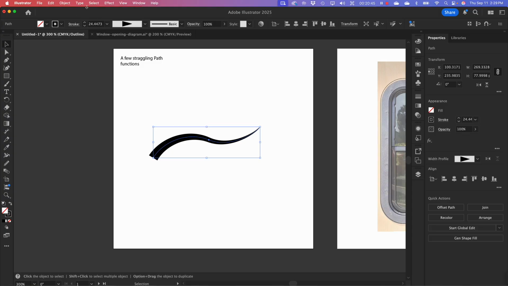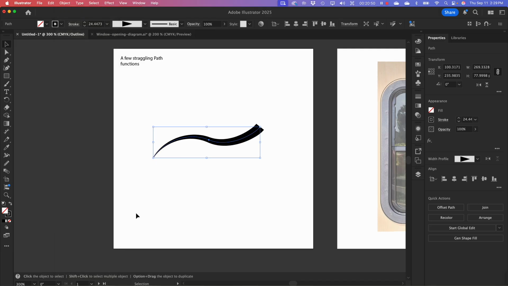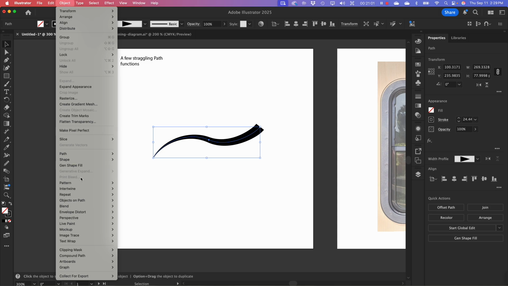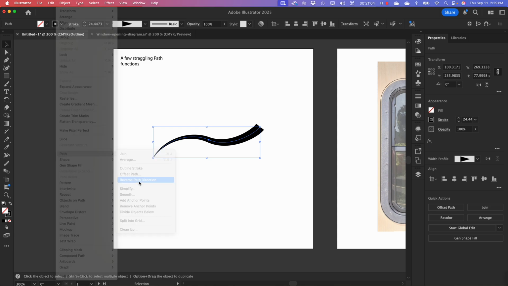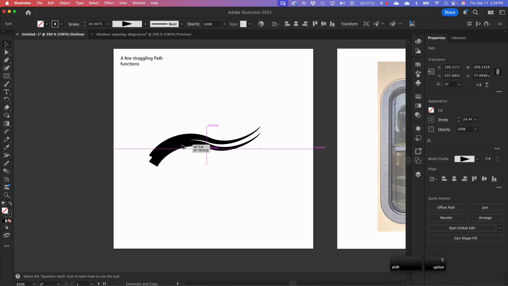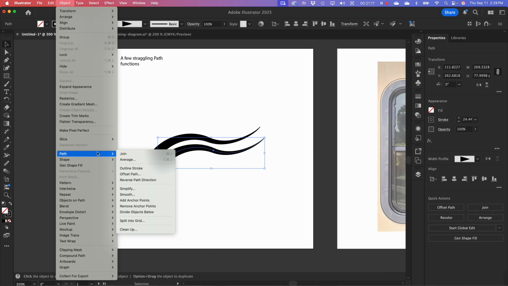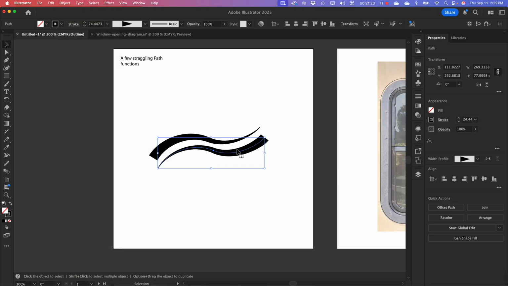If I go to my object menu, path, and I reverse the path direction, that's going to flip the way that effect is applied. Because I widened the very first point, since I flipped it... So I suppose there are times when that might be useful. Maybe I really needed a duplicate shape. So maybe that's a good reason to do it, something along those lines. But